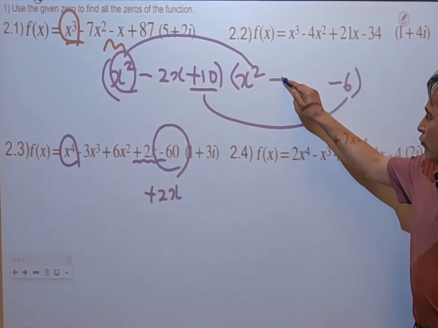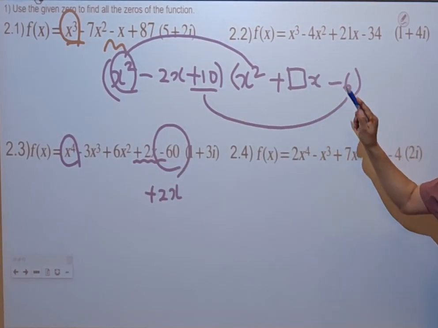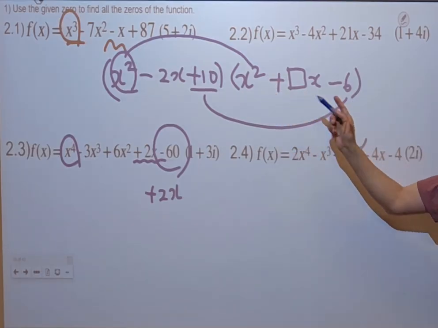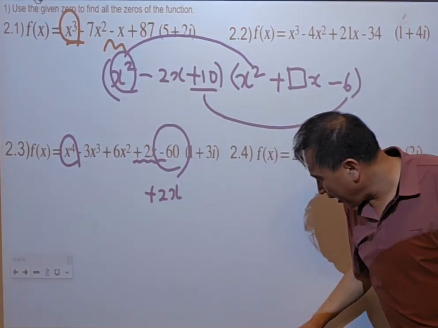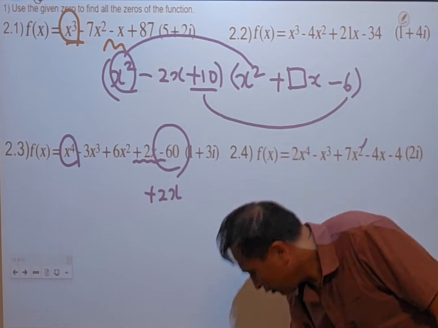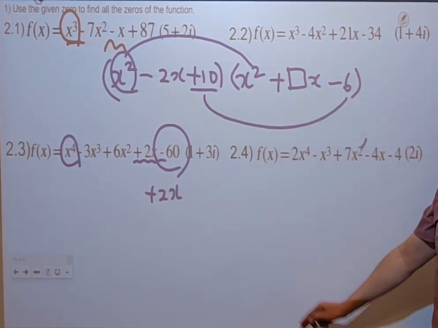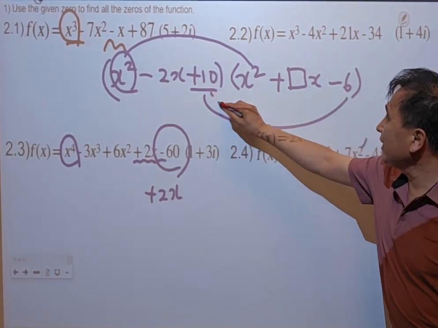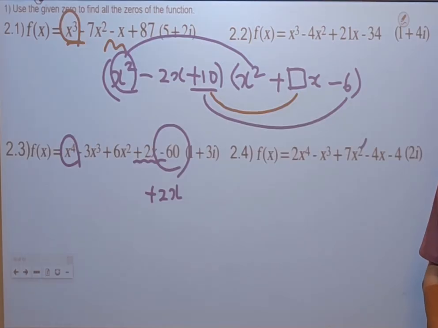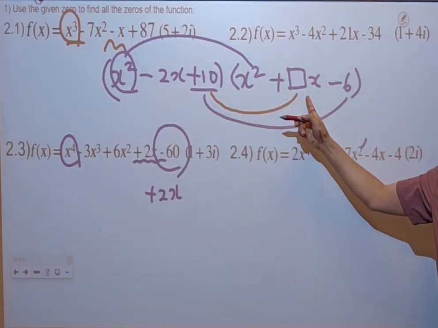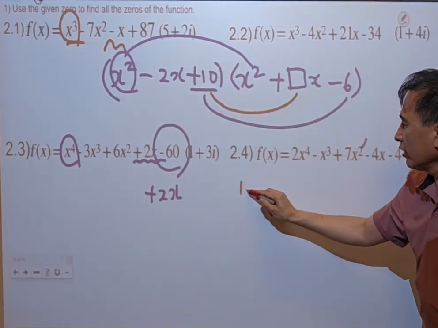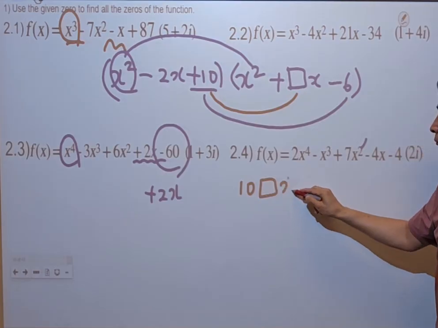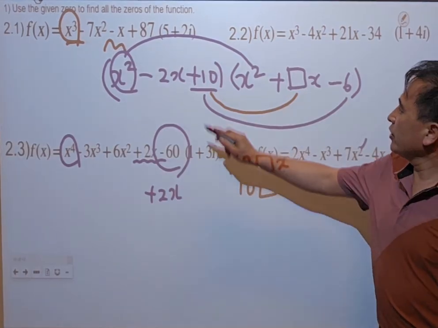First degree, second degree, then it should be first degree, something x. Then here, first degree comes from multiplying the constants and the first degree. So, 10 box x. And another first degree is this,